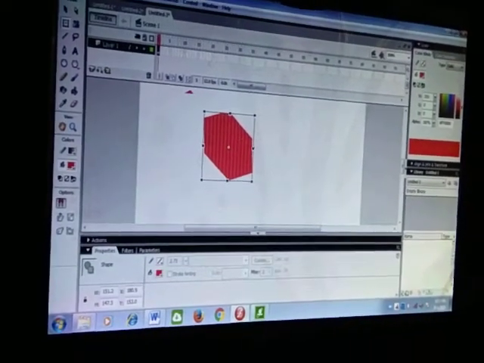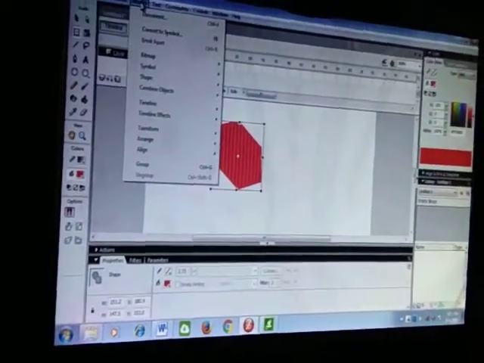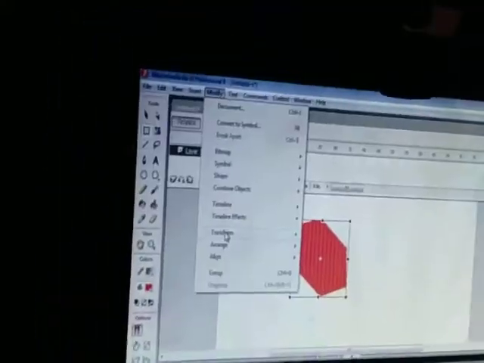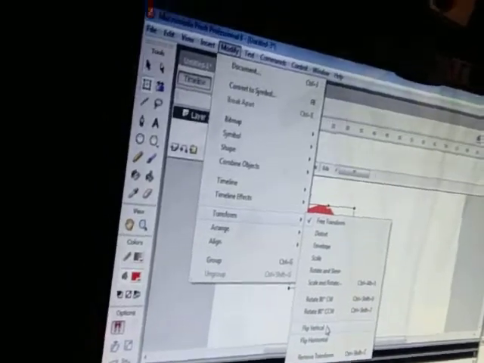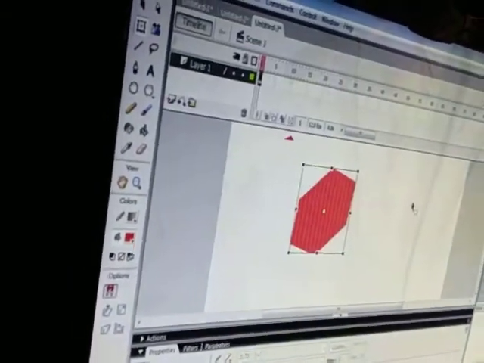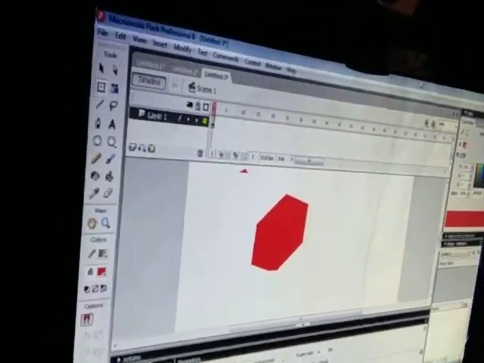Now go to modify, and then there is transform, you can select transform, and then you can see that rotate and skew are there. Vertical flip, horizontal flip, so you have to select that. So this way you can flip.